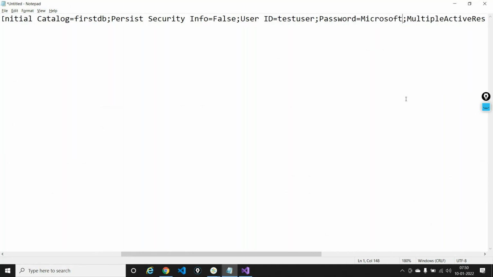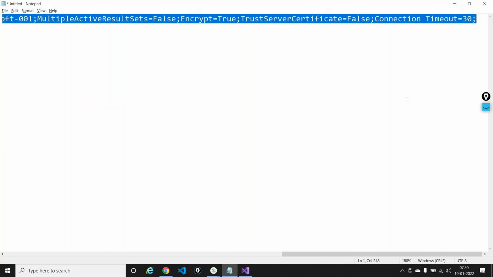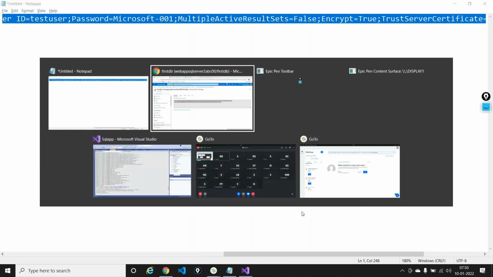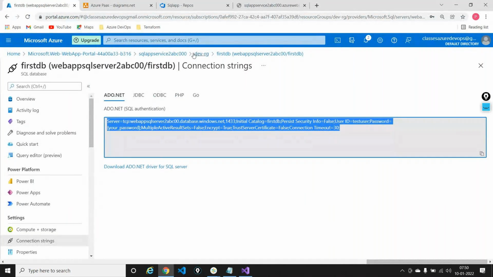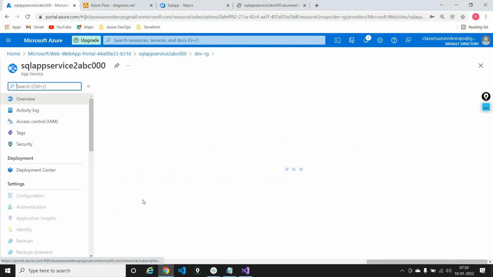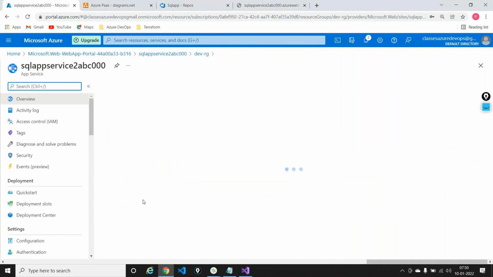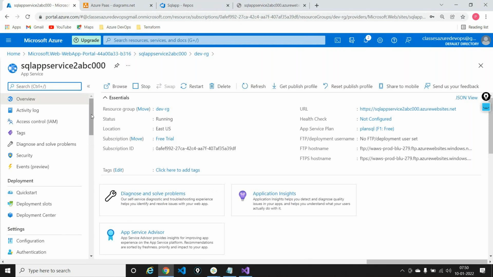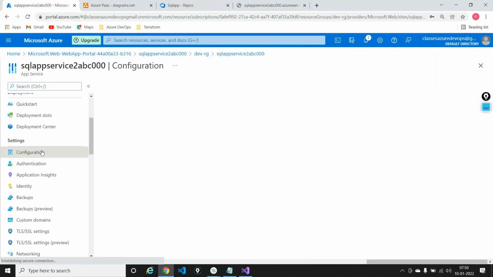I'm giving a proper password, which is something that I gave while creating the database. Microsoft-001 is what I gave here, and I'll just copy this out. I'll now go into my app service, and in the app service I have a section called configuration. I'll go into the configuration,